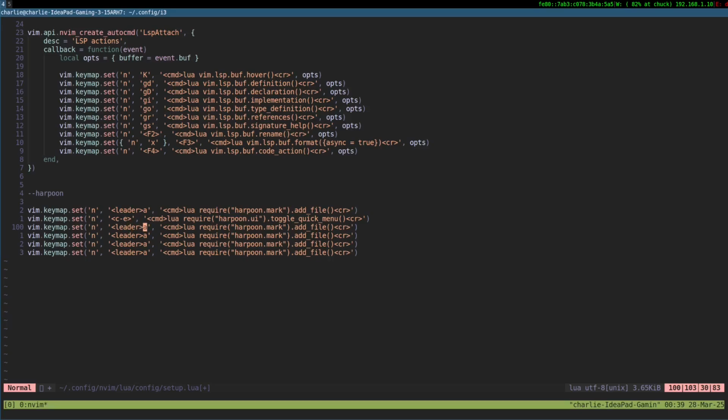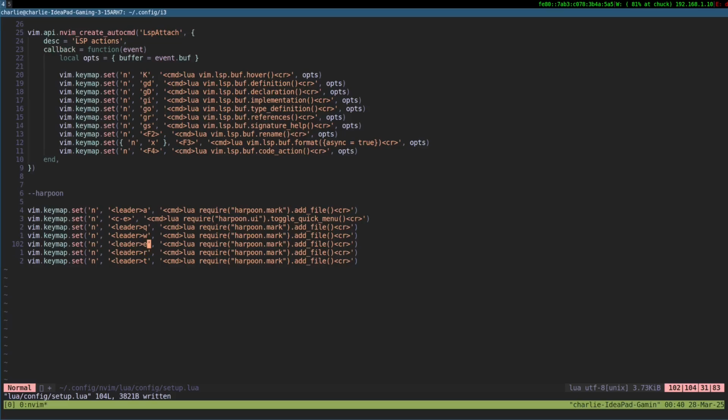Leader. Replace W. Replace Q. For now, 4 tabs are fine. I need one more tab. Replace D. Okay.